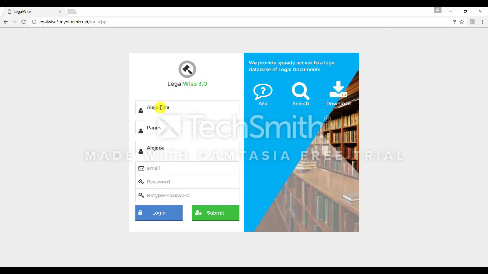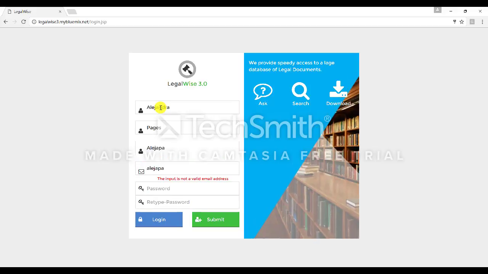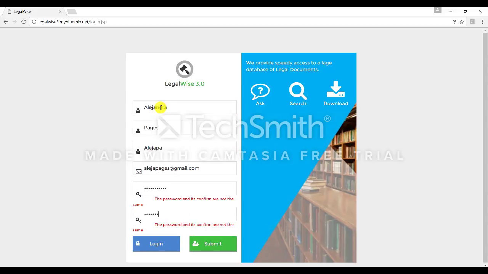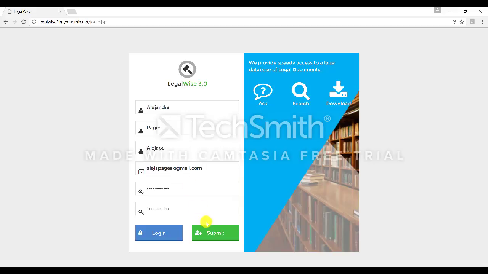This is just an example to show you a registration for a particular user. First name, last name, email, password, and confirm password. After it's finished, submit,